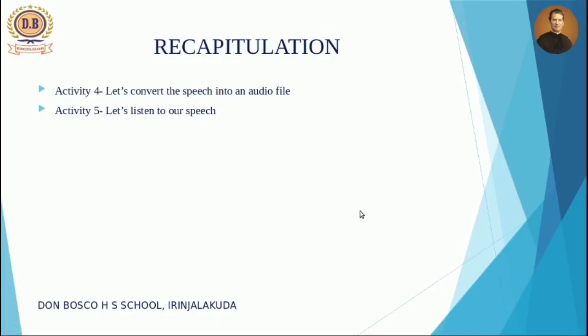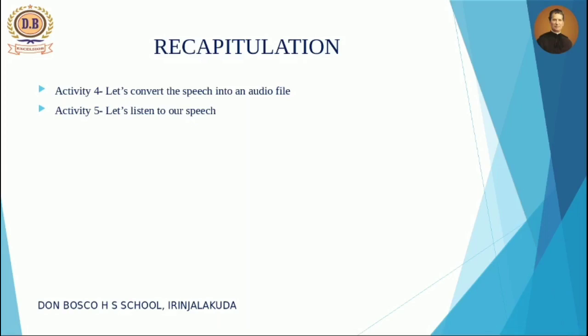Okay, now let's summarize what we have learned in today's class. We have done activity 4, that is, let's convert the speech into an audio file. So we have recorded an audio, we have saved it as an Audacity project file. Now activity 4 was to convert or export that recording into an audio file. For that, we have to go to file menu. From that, select export audio option. Then a window appears. There we have to give a suitable name for the file.